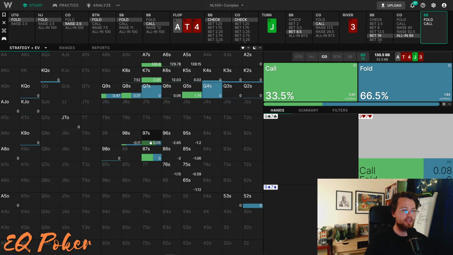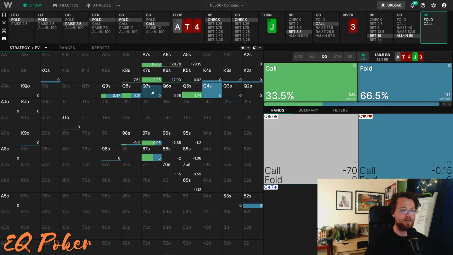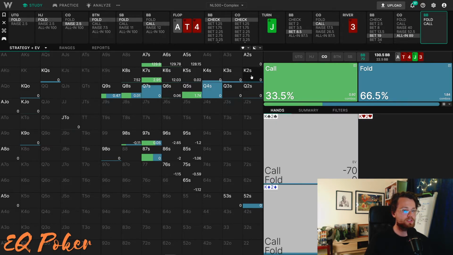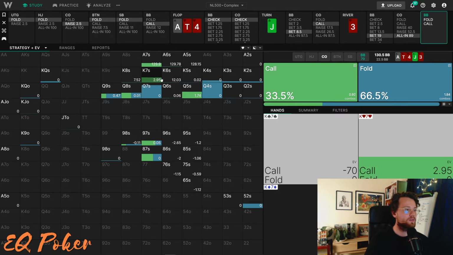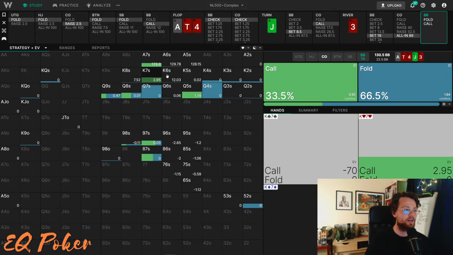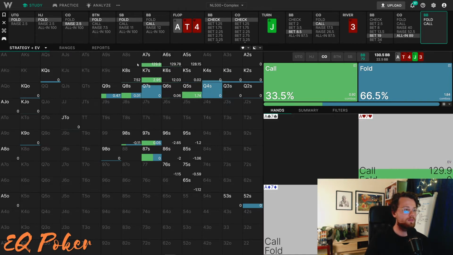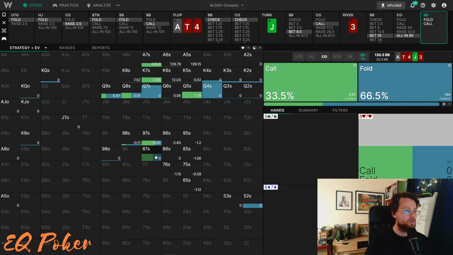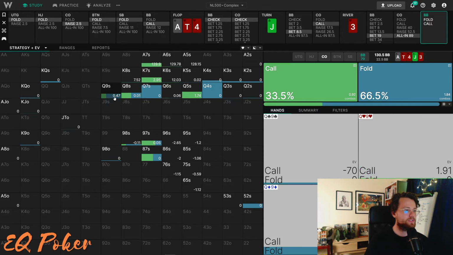And you can see that these low flushes are folding a bunch. They actually have to start folding these queen high flushes. They don't have those king x flushes, so yeah. They're just mix calling their flushes basically, except the king high flushes, which are pure. And that's that. So if they always fold these type of flushes, if they use different sizings with their flushes,